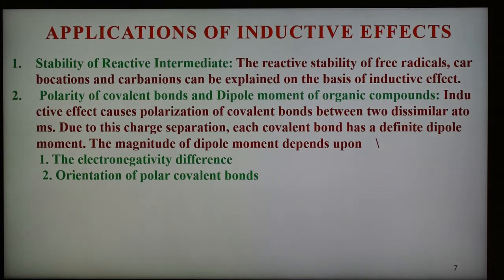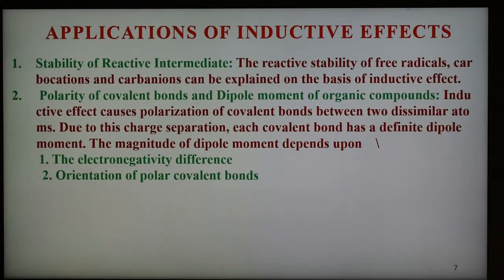So we can say that the electronegativity difference between carbon and hydrogen is very small. Alkanes have very small dipole moments, so small that they are difficult to measure. For example, the dipole moment of propane is 0.083 D, while that of isobutane is 0.132 D. So in this way, the electronegativity difference shows its effect on the dipole moment and on the inductive effect.